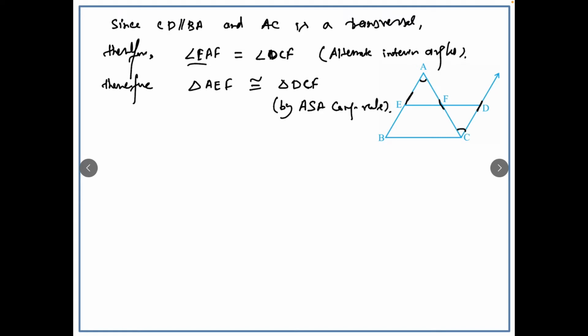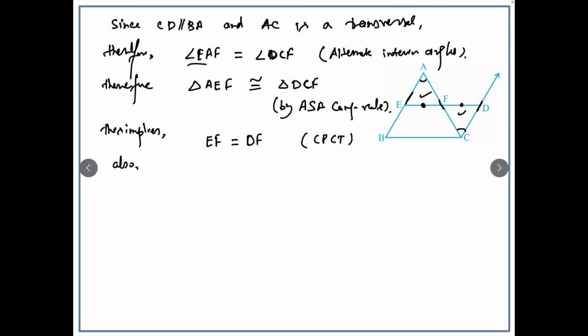Okay, once we have proved that these two triangles are congruent, then their corresponding parts are equal. This implies that the side EF is equal to DF, because they are the corresponding parts of congruent triangles. So right, CPCT, corresponding parts of congruent triangles, are equal. Also,